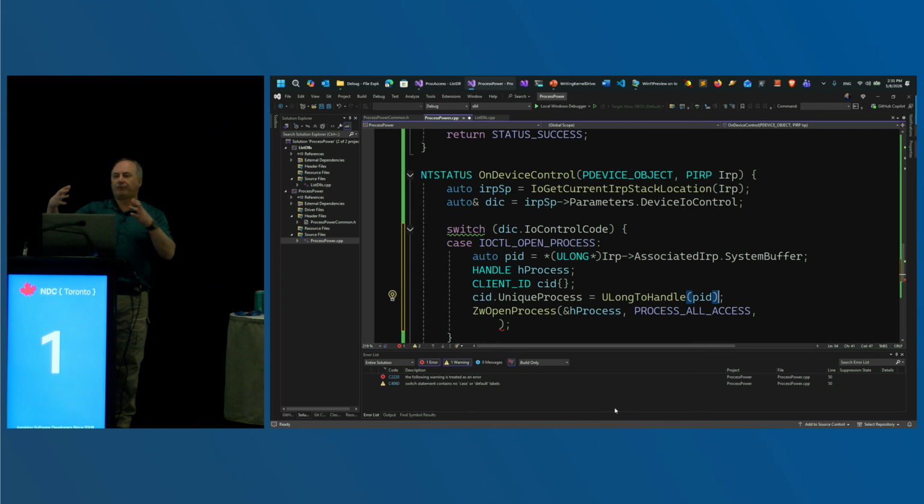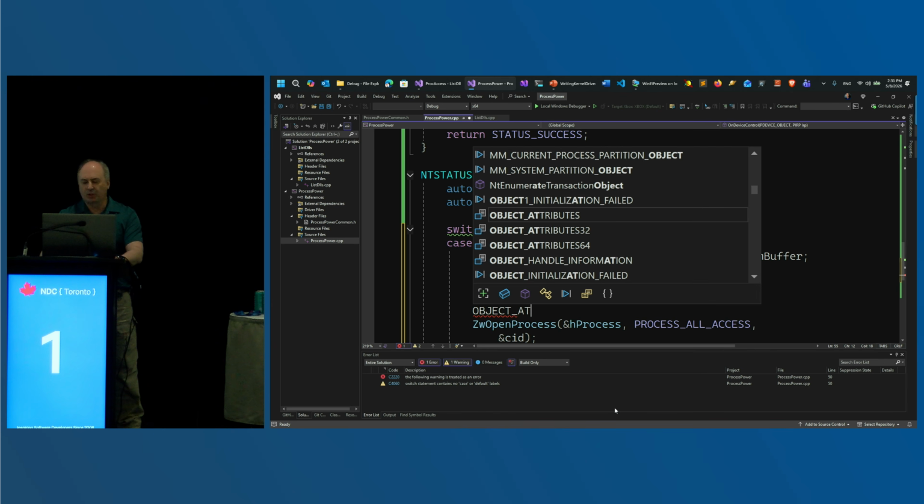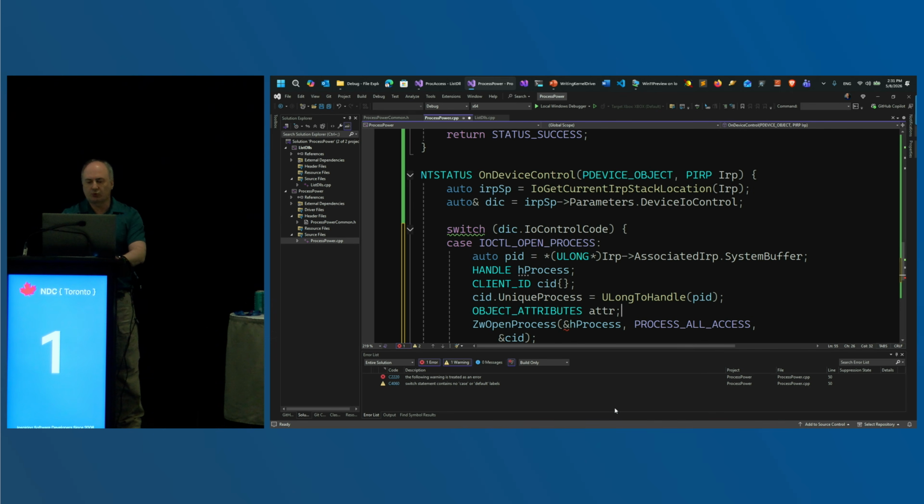Basically extends that 4 bytes to 8 bytes. That's it. I can do this thing manually, and you can also press F12 and see the actual definition. So that's giving me the client ID. The other thing that remains is this structure called object attributes, which is a common structure that appears in every